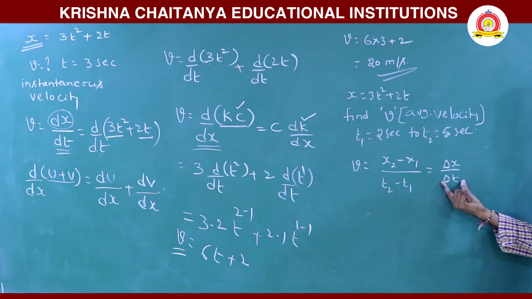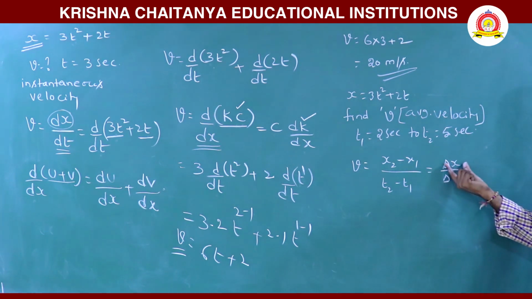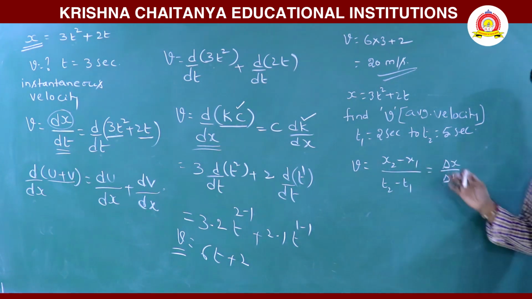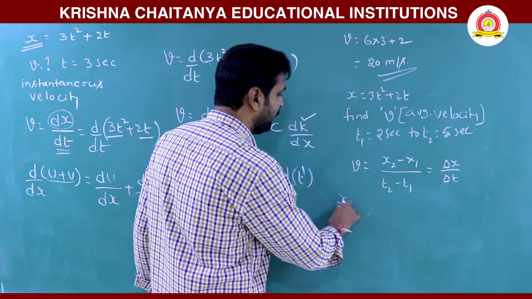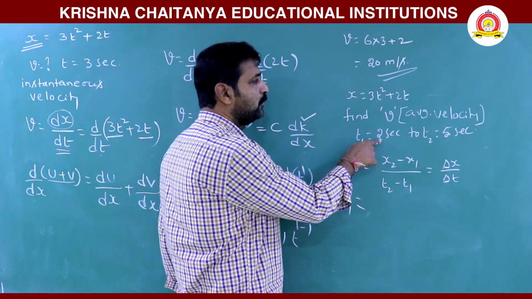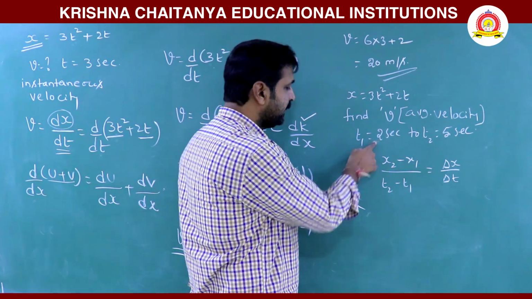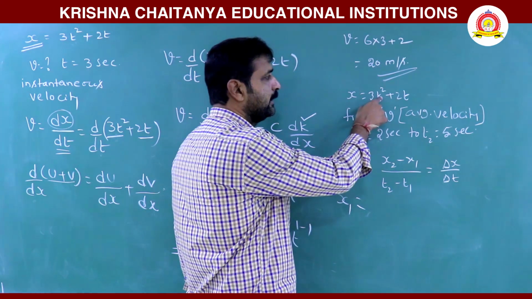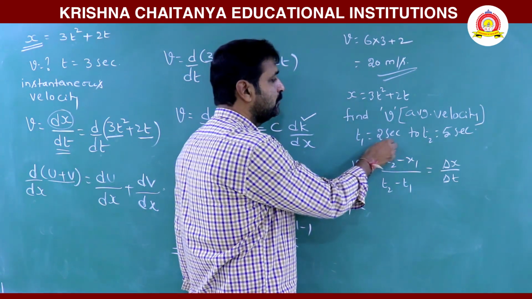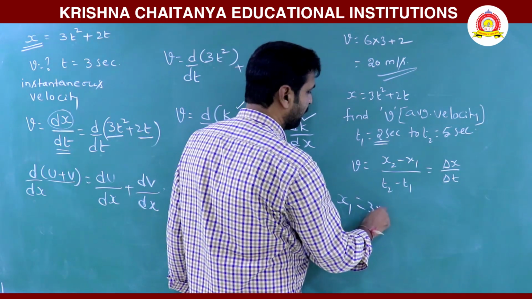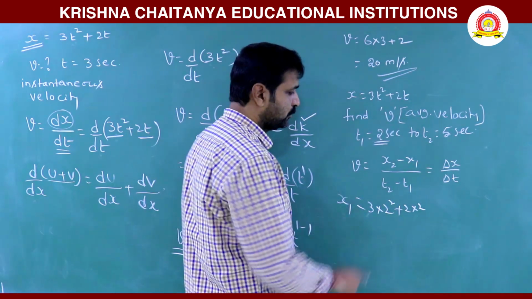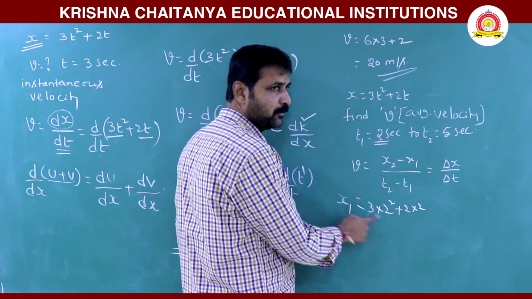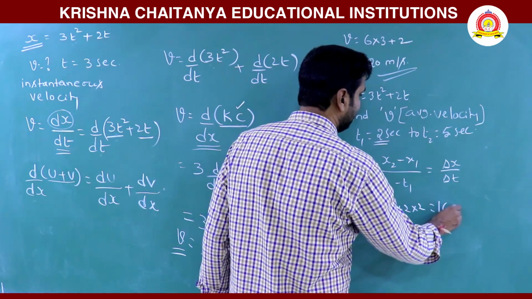So, during that large time interval, change in position is delta x, which is called displacement. For such type of problems, how to solve? Here, first you have to write x1 in 2 seconds time. At 2 seconds, what is the position? Means here, instead of time, you have to substitute 2. So, 3 into 2 squared plus 2 into 2. So, 2 squared 4, 4 3s are 12, 12 plus 4, 16 meters.